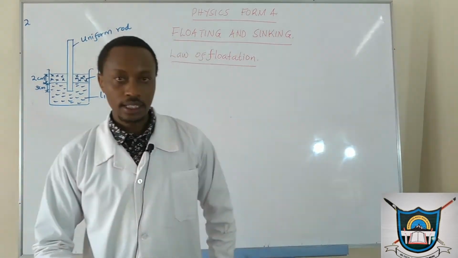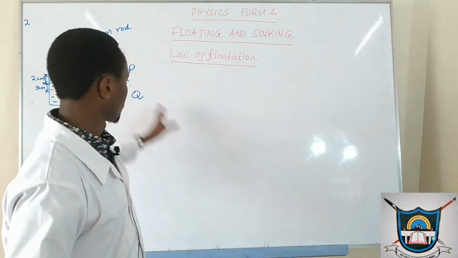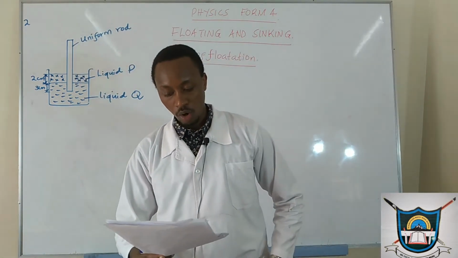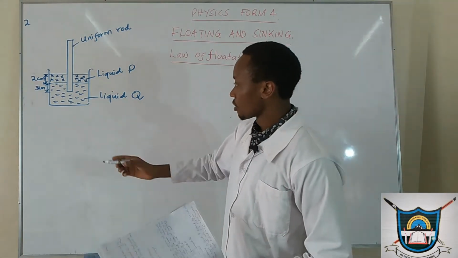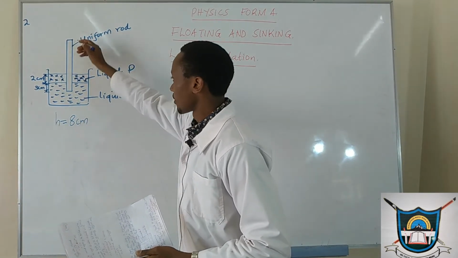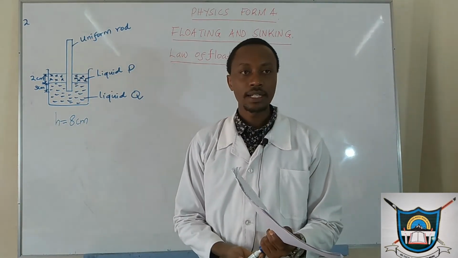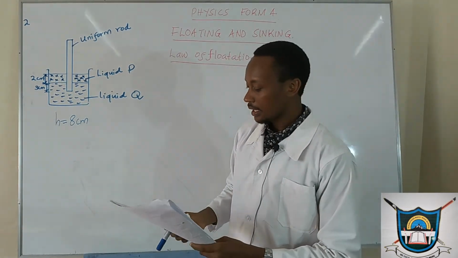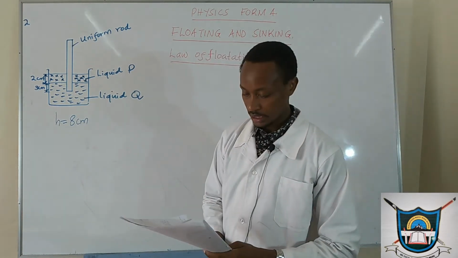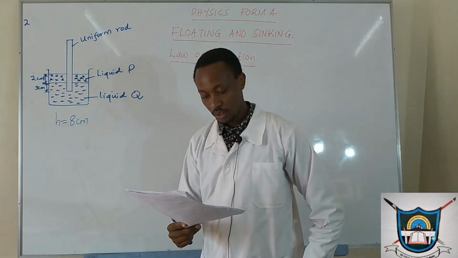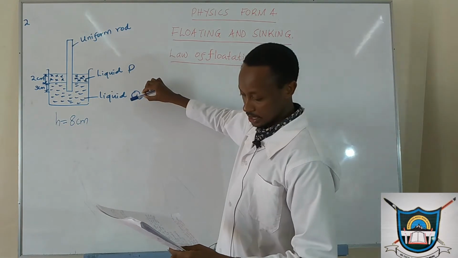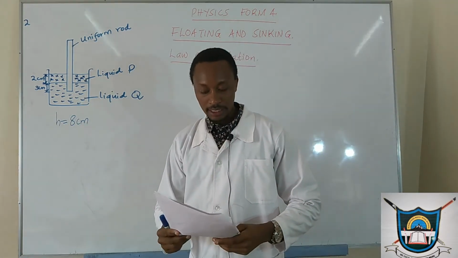The question reads: the figure below shows a uniform rod of height 8 centimeters, floating vertically in a beaker containing two immiscible liquids, P and Q. The densities of the liquids are,